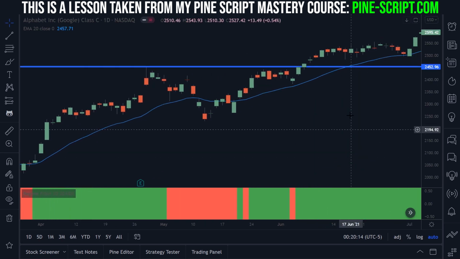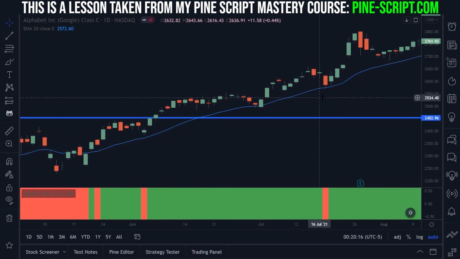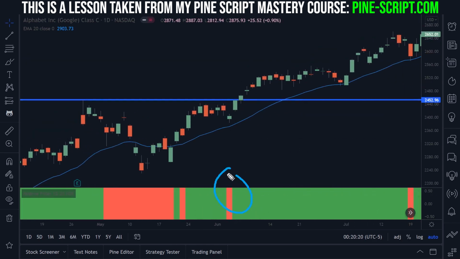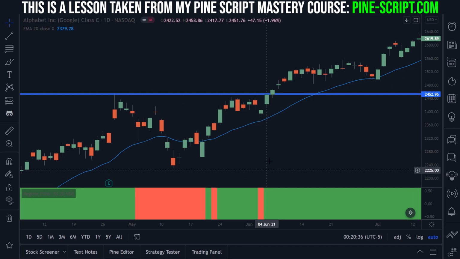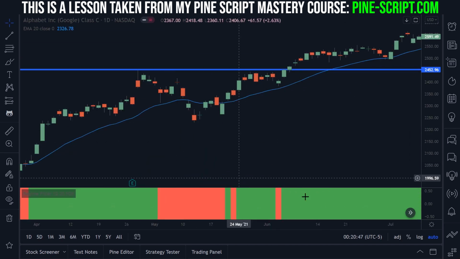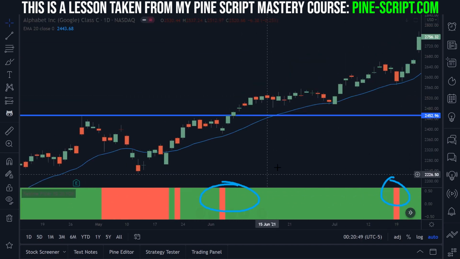And then our filter's green and it stays green for quite some time. Now, of course, you are going to get the occasional false signal. There are ways to improve this filter. For example, just because one bar closes below the moving average doesn't mean that the market has turned sour. It could simply be testing the moving average. So one way you could improve this filter and get rid of some of these false signals is you could